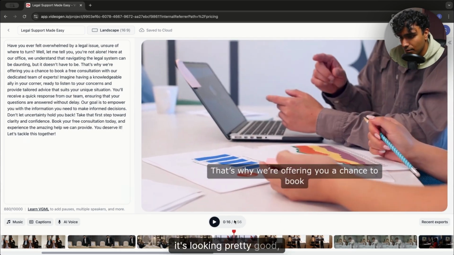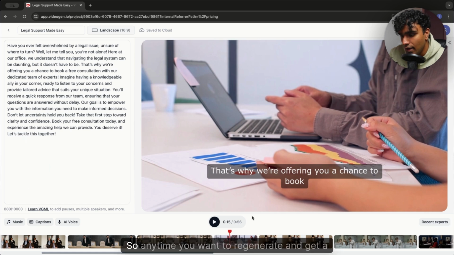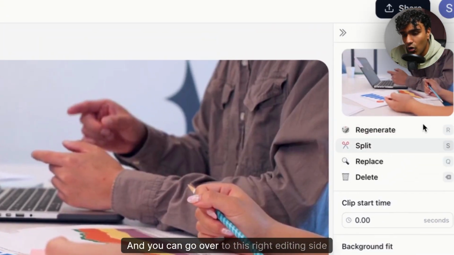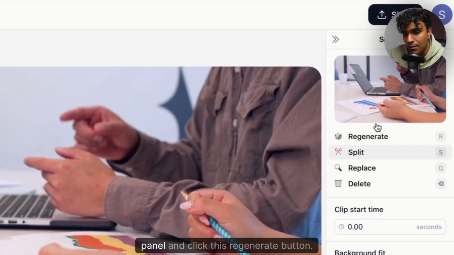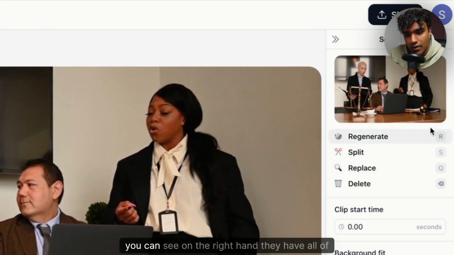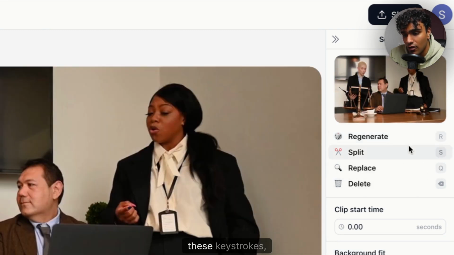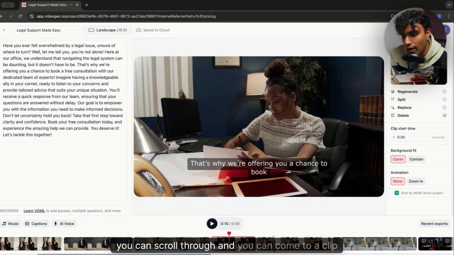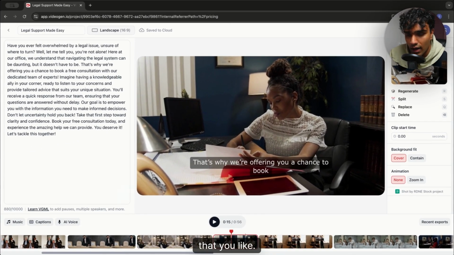So, it's looking pretty good, but this one's less related. So anytime you want to regenerate and get a different clip in place of the one you have here, you can actually click on it and you can go over to this right editing side panel and click this regenerate button. Another way to do it, you can see on the right hand, they have all of these keystrokes, is you can click R. And you can scroll through and you can come to a clip that you like,